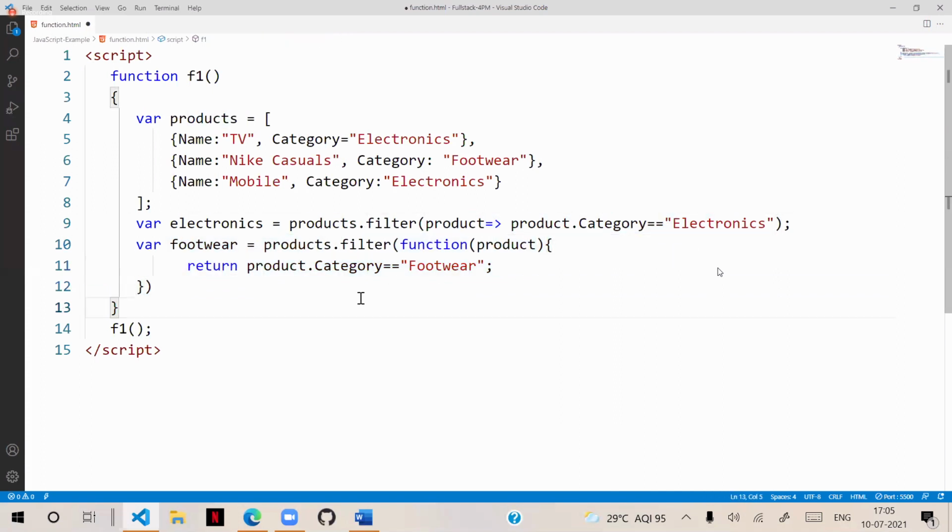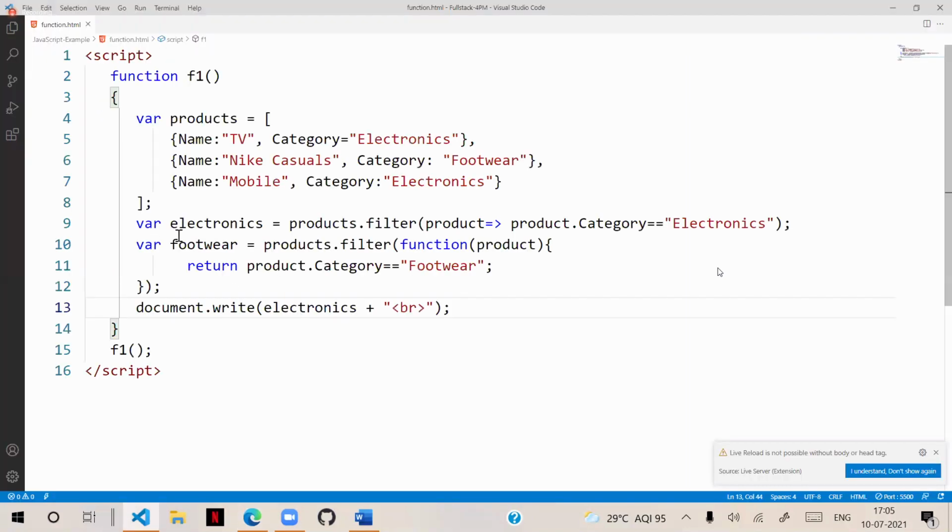So now you can print the details. Suppose I am printing the electronics and footwear, document.write electronics, and put a next line here, and you can see it prints all the electronic products. That means we have an array, electronics.toString, returning all that and displaying.